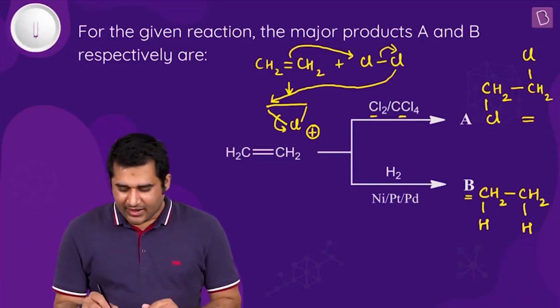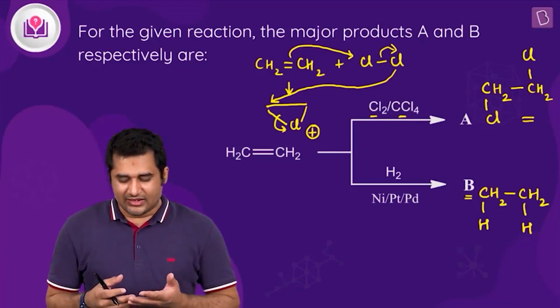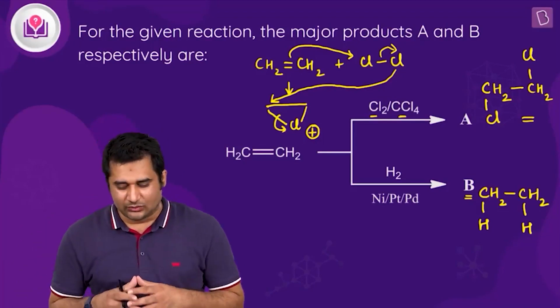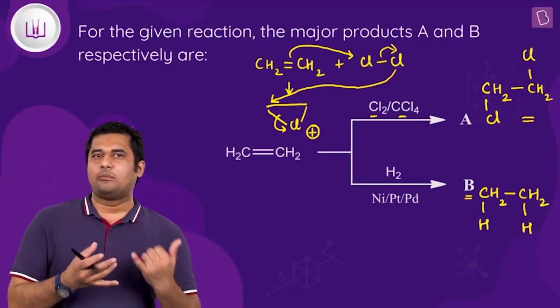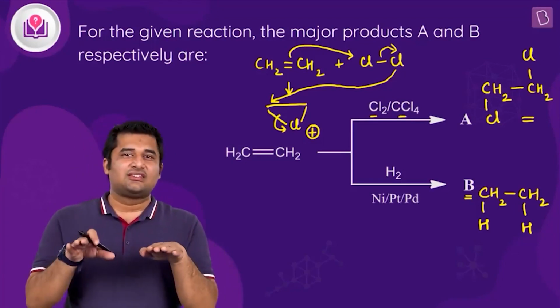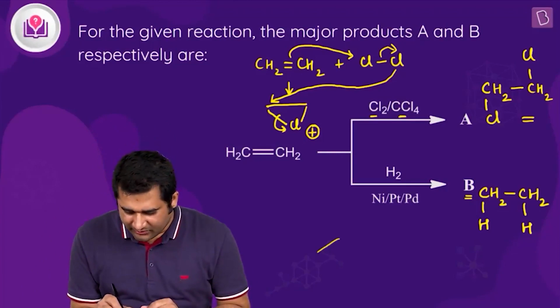All right. And in the next one, wherein you are getting option B, in that case, what will happen, in which you are getting product B basically. So in this case, on the surface of the catalyst, which can be either nickel, platinum or palladium, the ethene molecule as well as the hydrogen molecule gets adsorbed. So it will basically be like this.